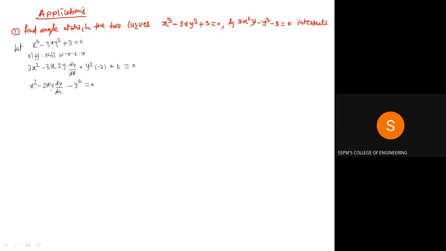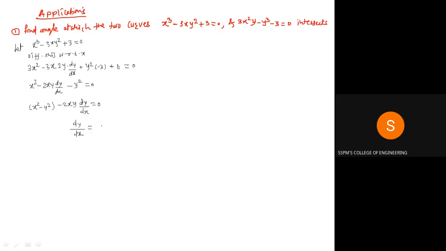So in this case, to find the value of dy by dx, x square minus y square is the term, and the term which has dy by dx is minus 2xy into dy by dx, that is equals to 0. You need to find the value of dy by dx because it defines the slope, that is tangent. Okay, so dy by dx is equals to